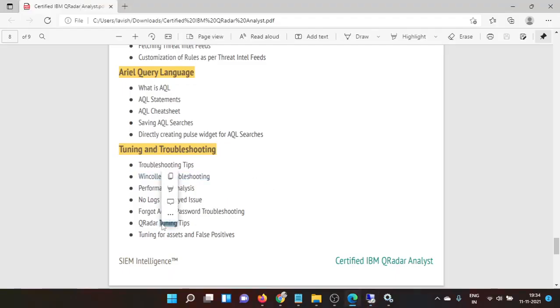And tuning tips. For Curadar, first and foremost, if you are starting from logs, what logs you are collecting is the most important thing. If you have some 500 to 600 log sources, or 100 log sources, to send to your Curadar, first and foremost try to collect them in a different way.